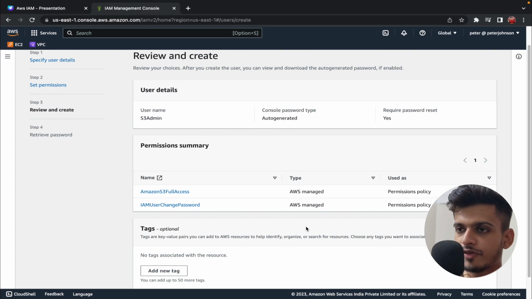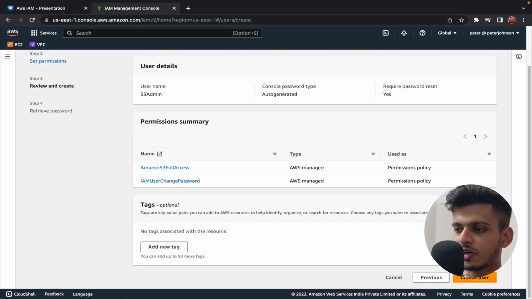And now we have a review section. The name of the user is S3 admin. The password is auto-generated. The required password reset is enabled, and the permission summary is S3 full access. And you can see the IAM user change password policy. This is a default policy that is automatically added when we checked in that the user needs to create a password when they sign in using the auto-generated password. So this particular policy is automatically assigned, and that is it. Now let's click on create user,